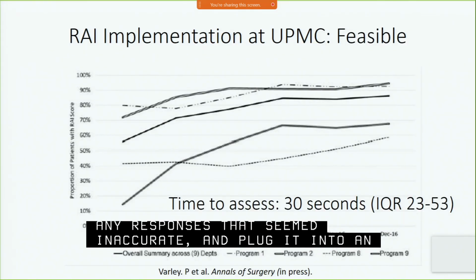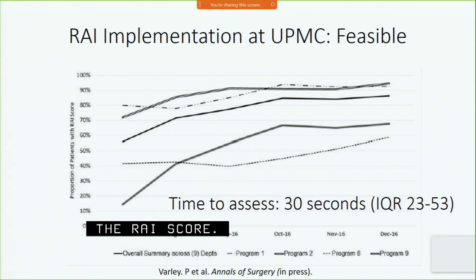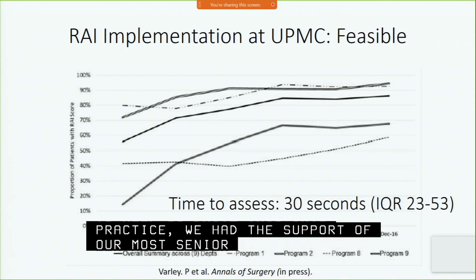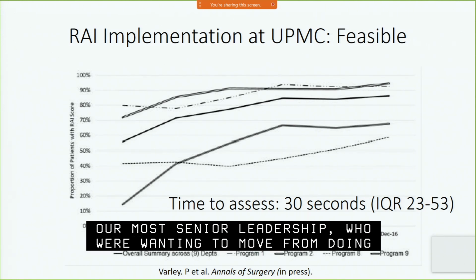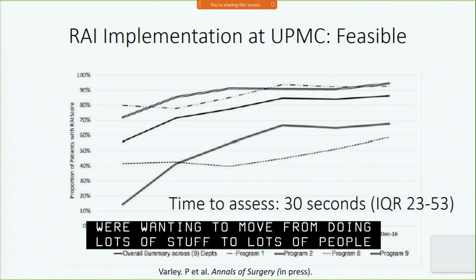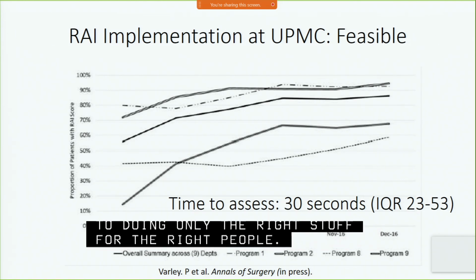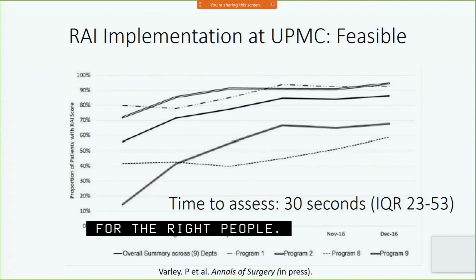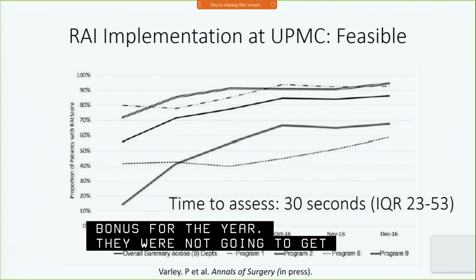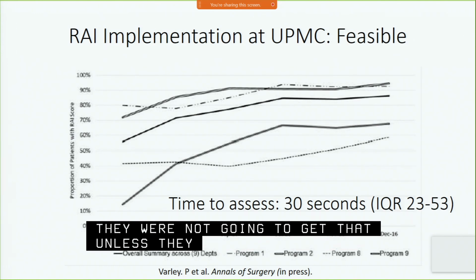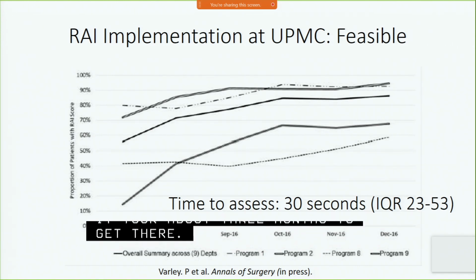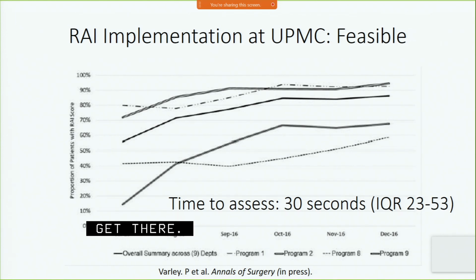And to help us drive this into practice, we had the support of our most senior leadership, who were wanting to move from doing lots of stuff to lots of people to doing only the right stuff for the right people, moving from volume to value. And they basically hooked up the surgeon's productivity bonus for the year. They weren't going to get that unless they did it on 80% of all of the patients newly presenting in their outpatient surgical clinics. It took us about 3 months to get there overall, above our 80% goal, and we found that it took only 30 seconds median to accomplish this goal